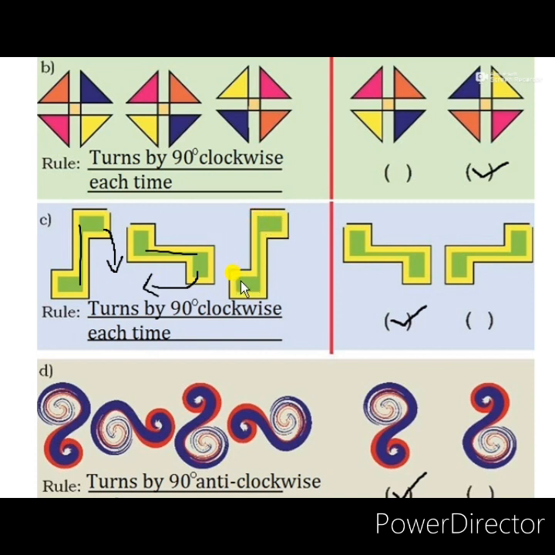So if we have to draw the next position or next turn of this pattern, which will be the suitable pattern for this? On the right side given, the first one, you see that the green portion is going upside. Yes, so this green part and this green part are the same portion. So the first option is correct for the next pattern of this figure.